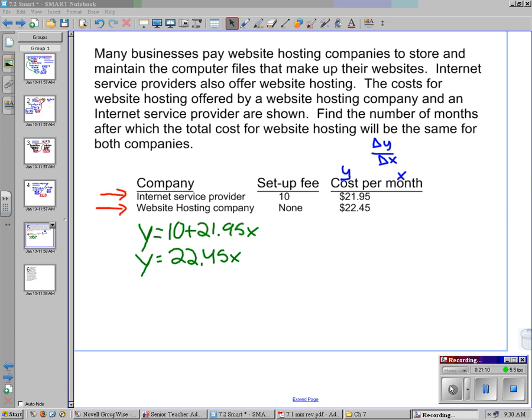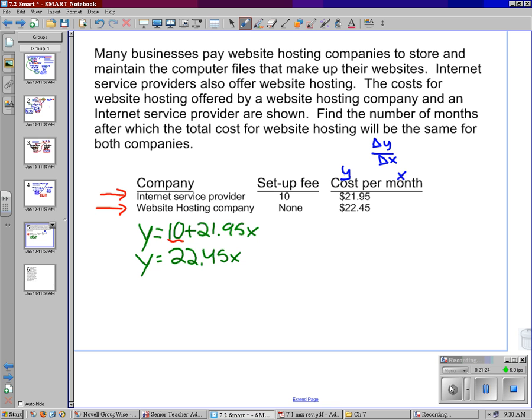Now we're going to do substitution in order to solve this. We have to put one of the equations in either Y equals or X equals format. They're both in Y equals format. So therefore, what I can do is I can take what Y equals in one equation and put it in for Y in the other equation. So I'll have 10 plus 21.95x